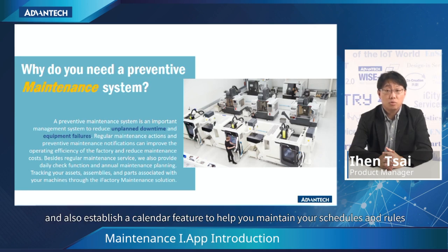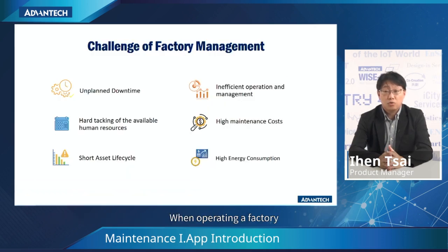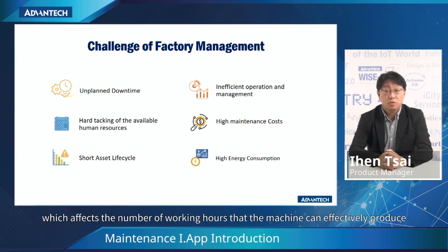your schedules and rules. When operating a factory, the health of your equipment is very important, and the efficient management of your machinery and people are crucial. The main challenges facing include unplanned downtimes, which affect the number of working hours that the machine can effectively produce,